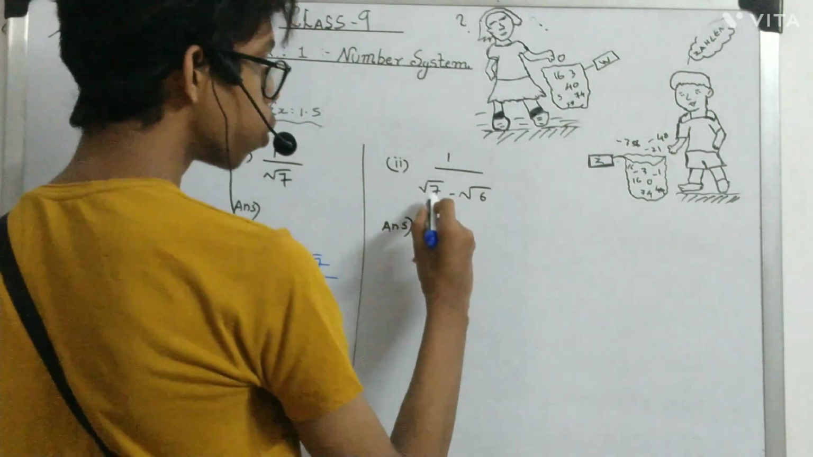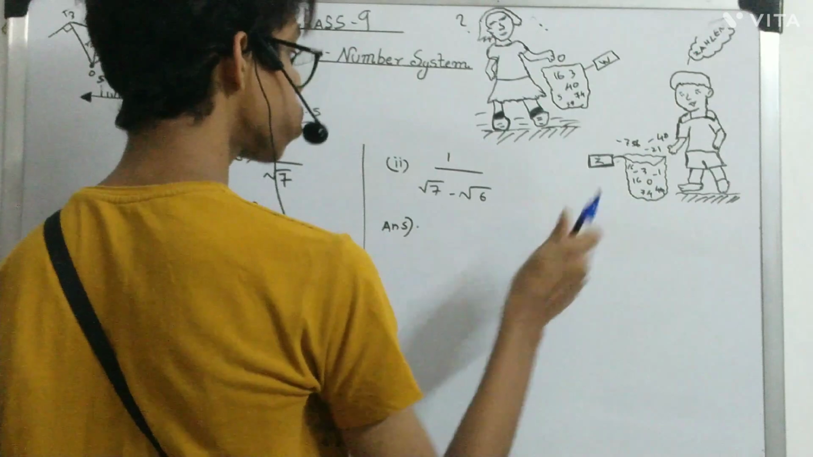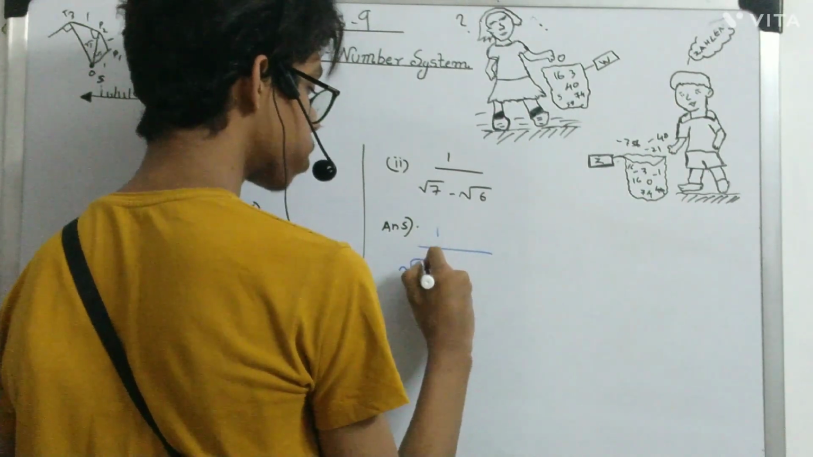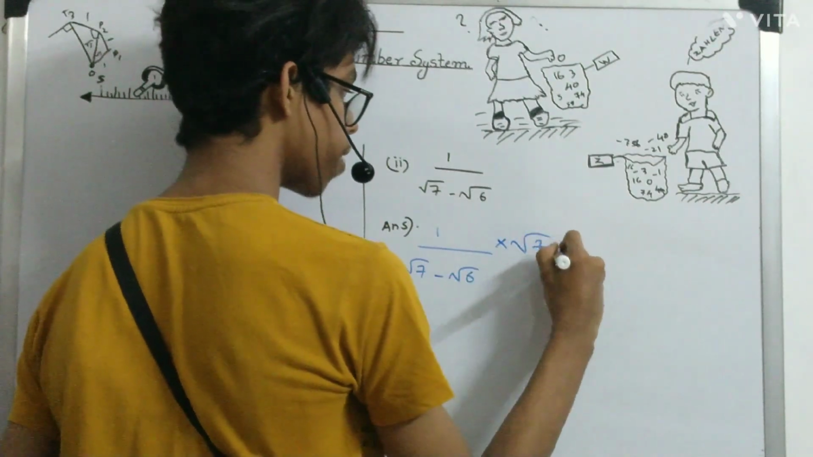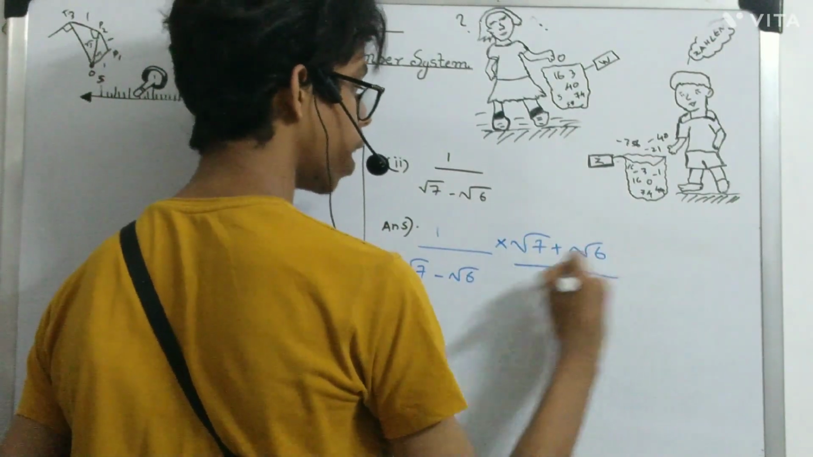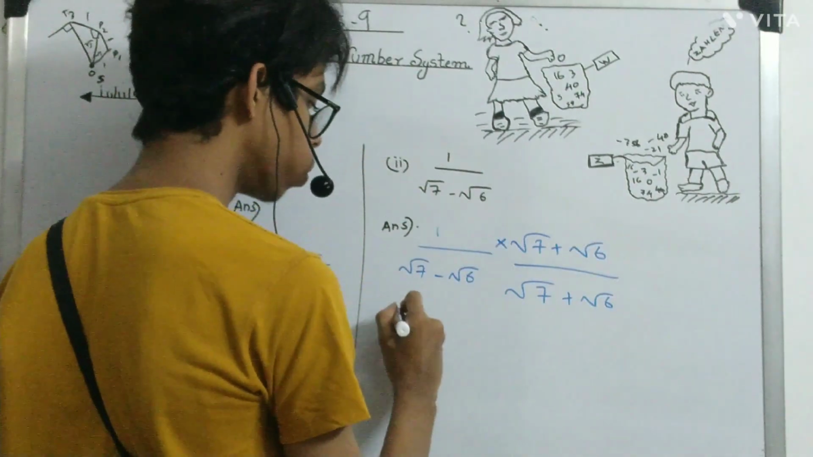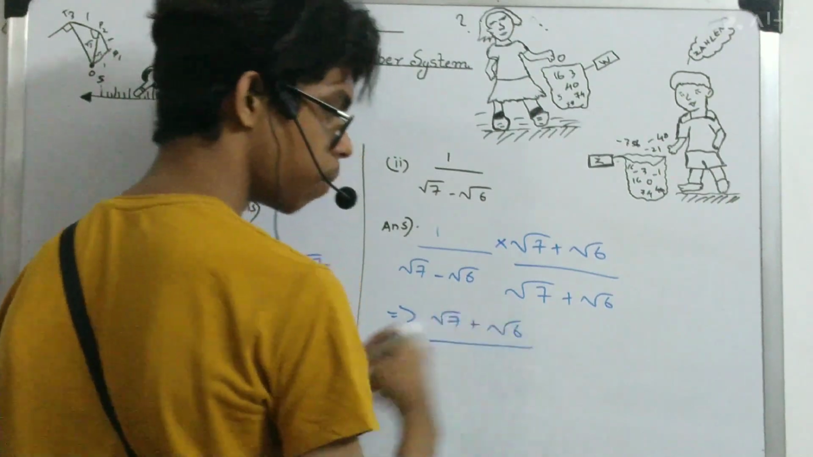So what is the conjugate of root 7 minus root 6? The conjugate is root 7 plus root 6. Okay, so let us write 1 by root 7 minus root 6 into root 7 plus root 6 divided by root 7 plus root 6. 1 into this thing is simply root 7 plus root 6 divided by